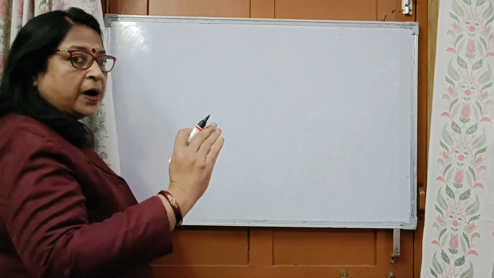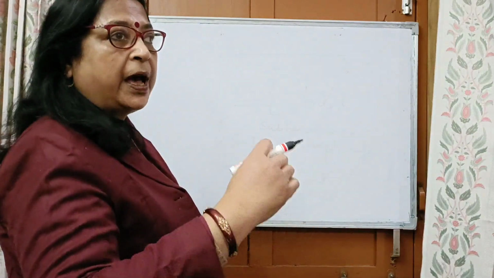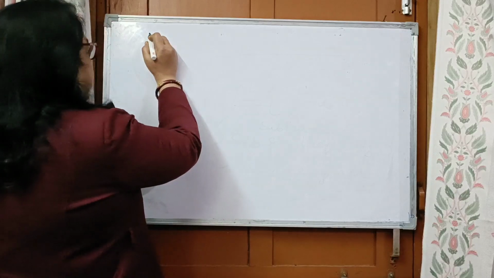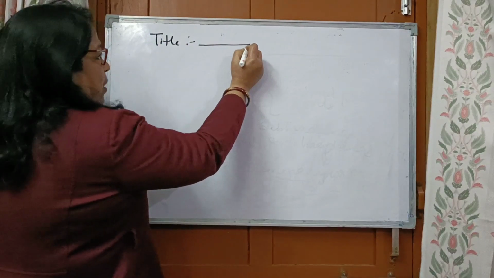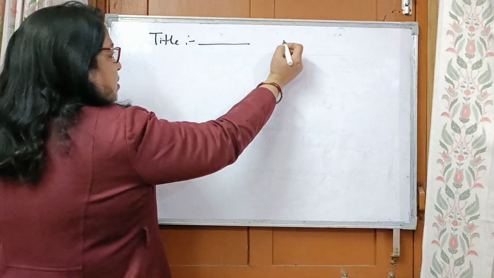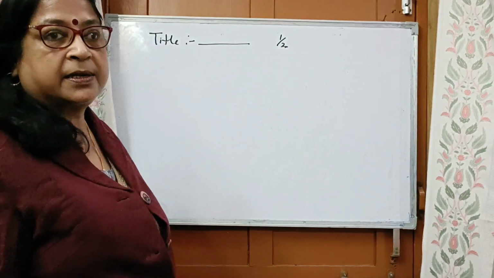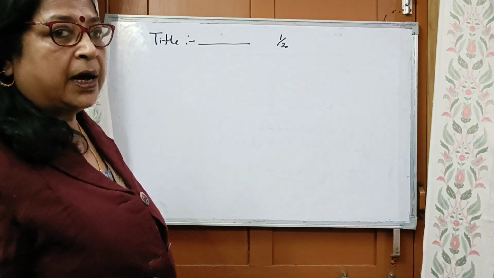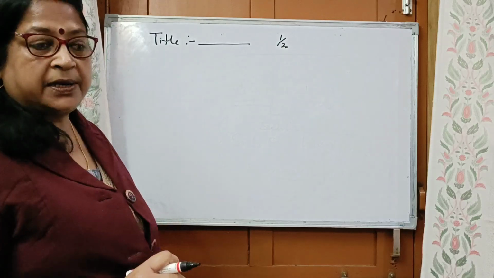So as you have found out the title, what this passage is about, make sure that you have written the title like this. Whatever you have found out, you will write here, and if it is relevant, you are going to get half marks. Now, the shortened forms will already give you half marks. Now, coming to the note making section.